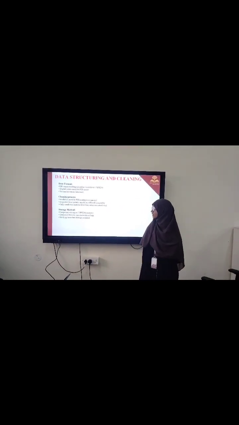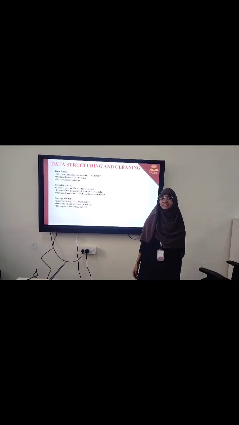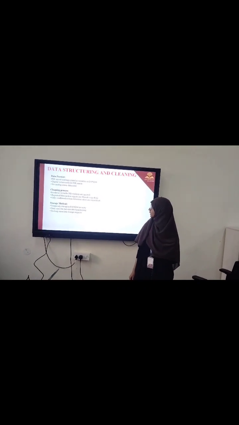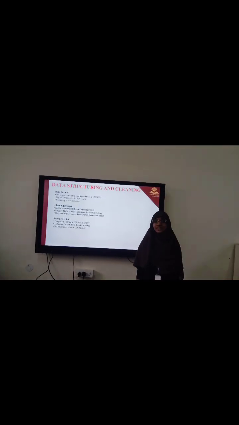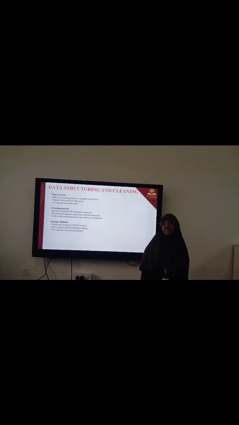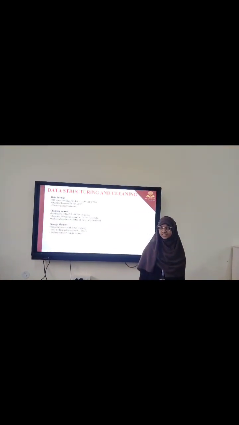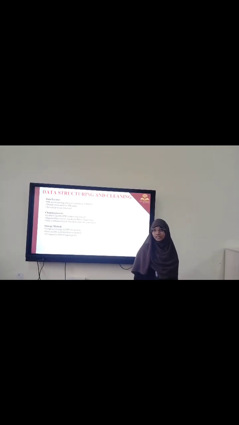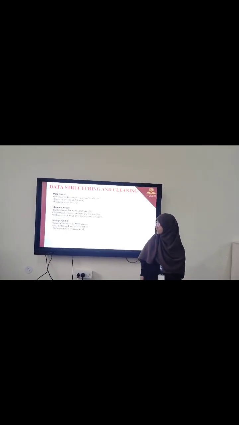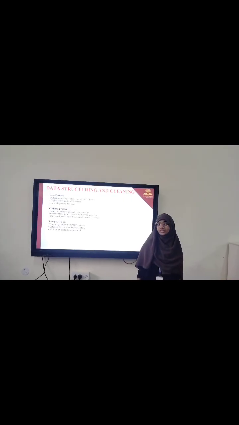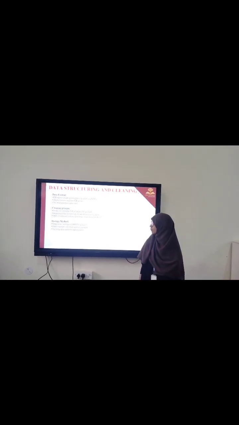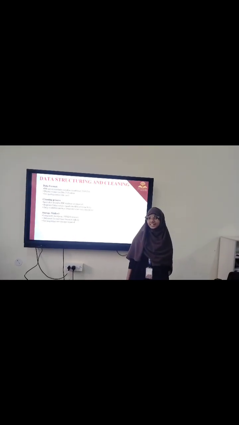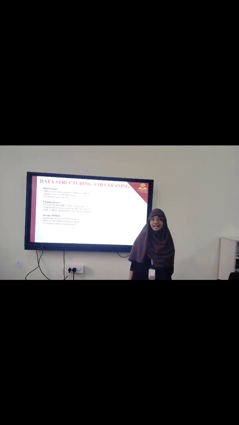Next, data structure and data format. The PIR sensor readings are digital values. When motion is detected, these digital values are stored in variables in the ESP8266 microcontroller. Digital data is stored, analog data is not stored. Cleaning process: sometimes the PIR sensor sends faulty data. To avoid that, we use a small delay and a time gap.